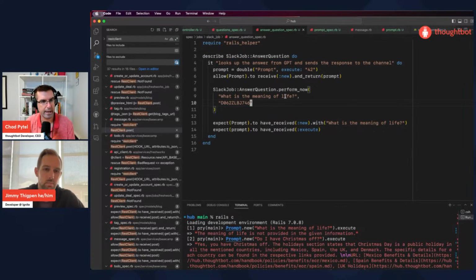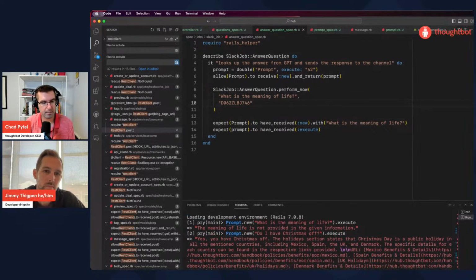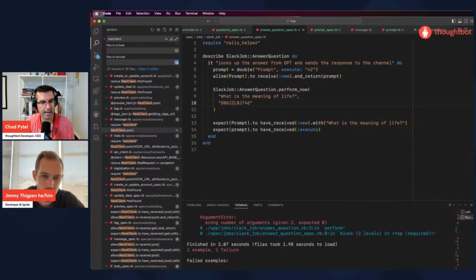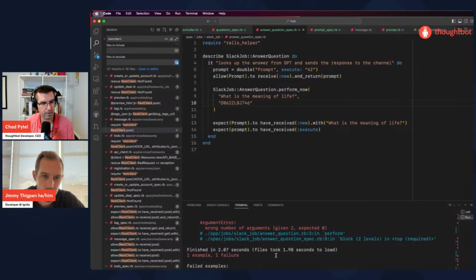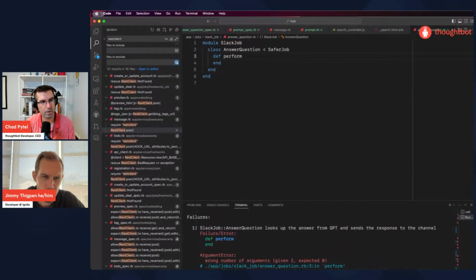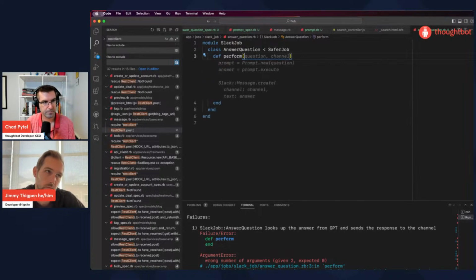And now we want to see whether this spec passes. It's not, I believe, because the perform method is empty. So this needs to include calling our prompt.